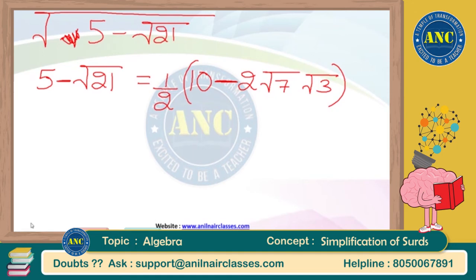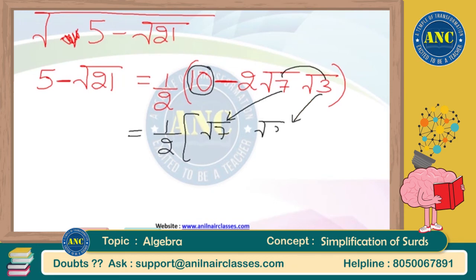Now again think logically. You don't need to express everything and waste your time. Forget about these square roots. 7 plus 3 is how much? 10. That 10 is only what is given here. So directly you can tell the answer as half into, write down this root 7 as it is, write down this root 3 as it is. Because there is a minus sign in between, put minus, and this is under square. But I want to take the square root of the whole value.